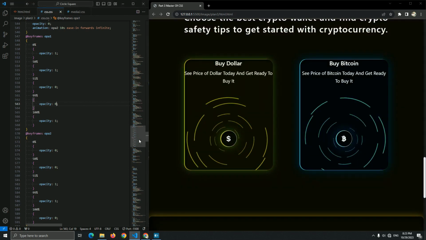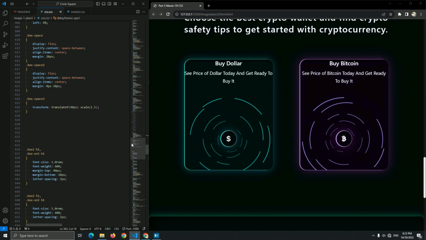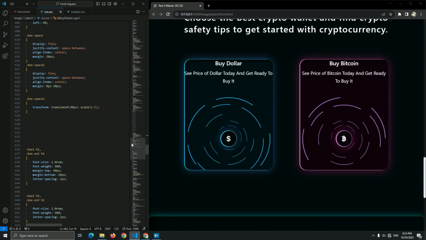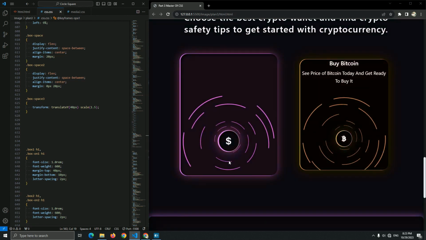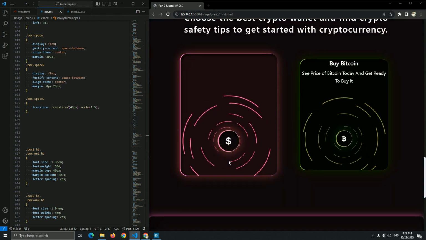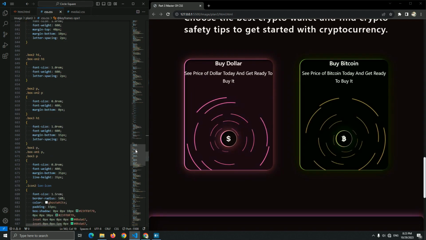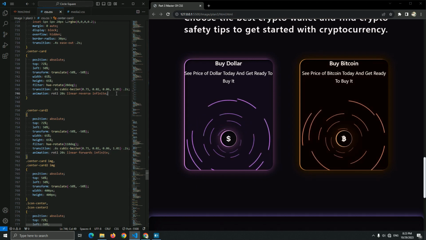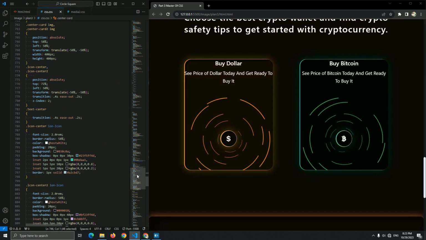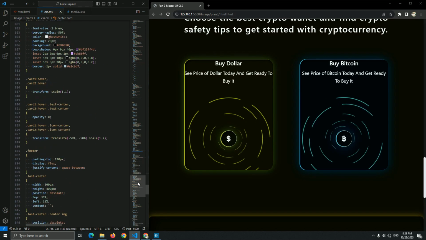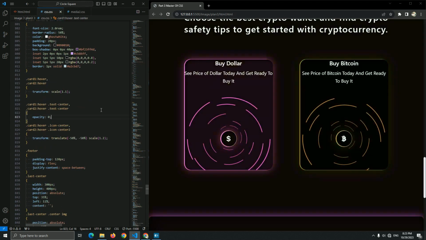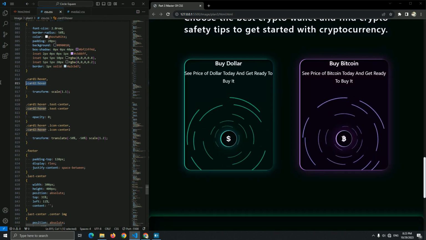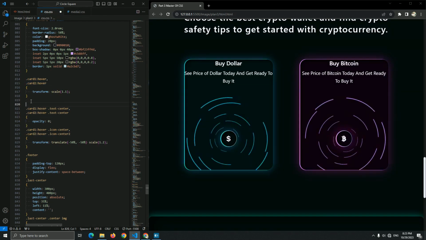Now I'm going to show you the problem. For example, guys, if one day you want to add animation inside the hover and you want the image animation to be faster when the user hovers over this. So for example, if I copy this, let me find it, center card 1, and put it here in the hover. Yes, here is center card hover. Where is it? Oh, I'm sorry. Let me add it here, the center card hover.